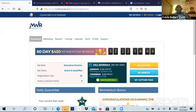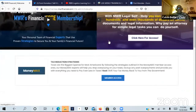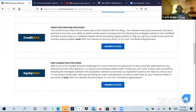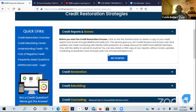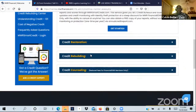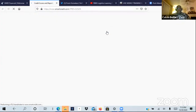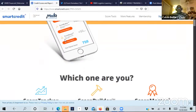When you're going to your services on MWR, here we go, right here. It says my services. All right, when you go to your services on MWR and you're submitting your stuff, if you're submitting for the credit max, I think that's what it is. Yeah, it's the credit max. Remember access, and then it says get started, credit restoration, credit rebuilding, credit counseling. Okay, now when you get started with that, if you go here to Credit Smart,